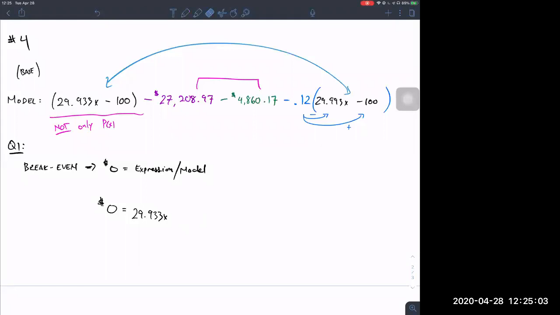So let me rewrite that. Let's include this 100 as well. So those three I'm combining right now. So 27208.97 and 100 and 4860.17. So this is now becoming minus